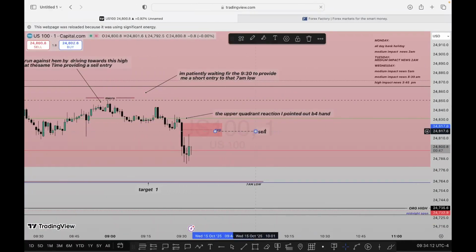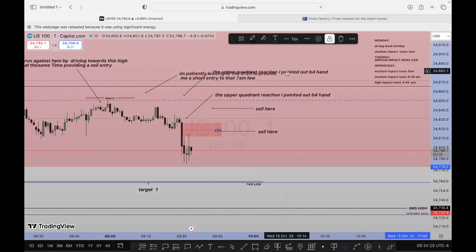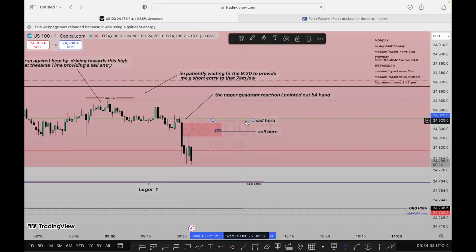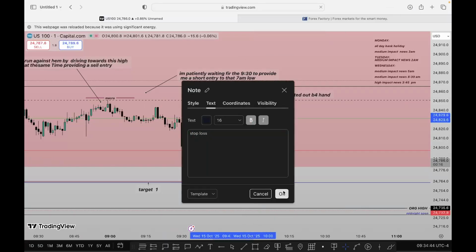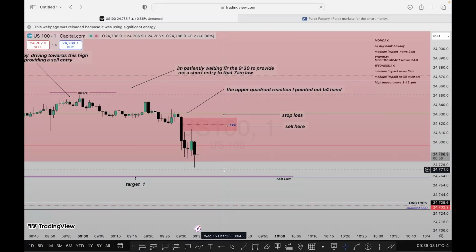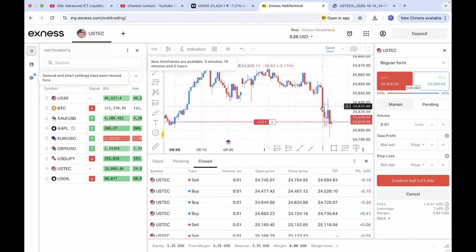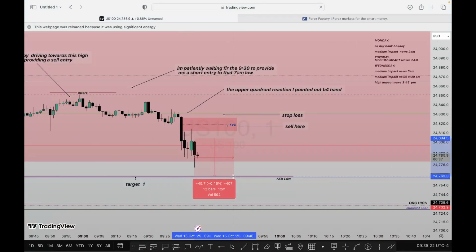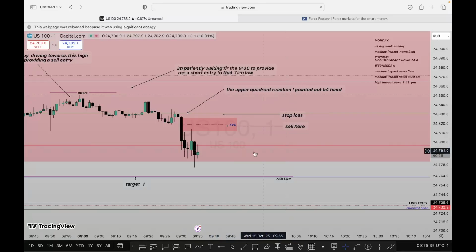And then I pointed out where I want to sell, where I wanted my stop loss to be. Yeah, right there, stop loss. Once again, it was reaching for my target without me. At this point in time, I was like, oh, it seems it's going to go to my target without me. But if it should come back, because it's a fake SSL breakout at this point, to that sell here, I'm going to sell. And I'm going to sell very quickly.